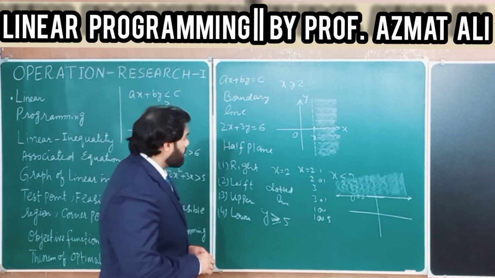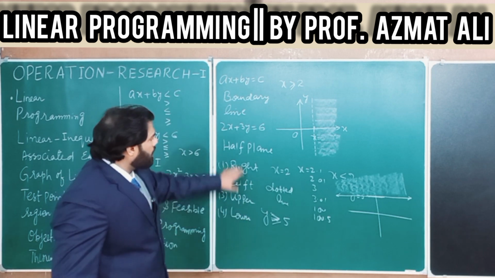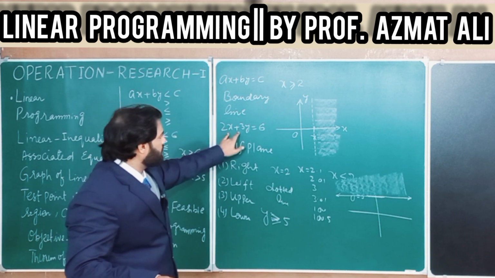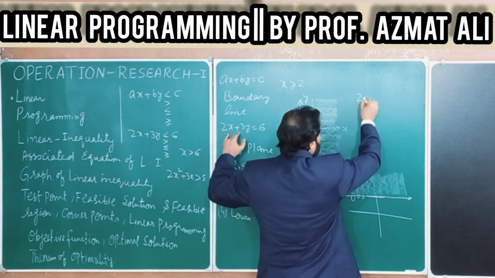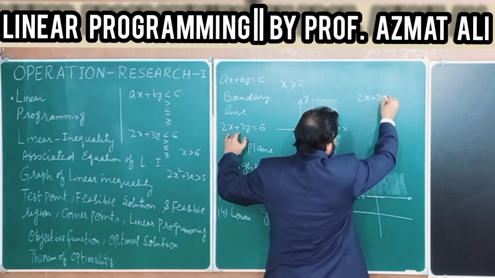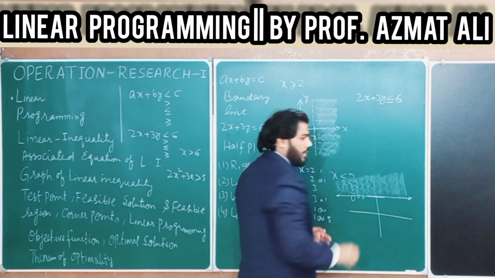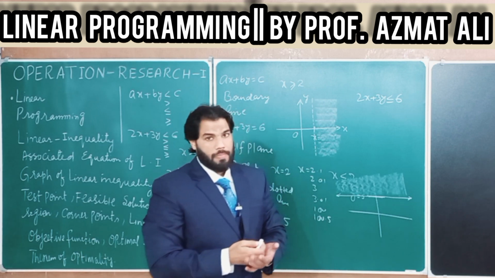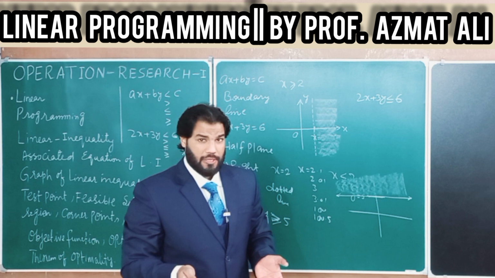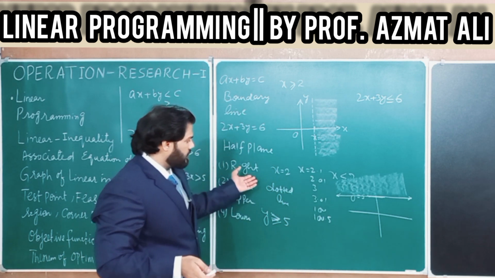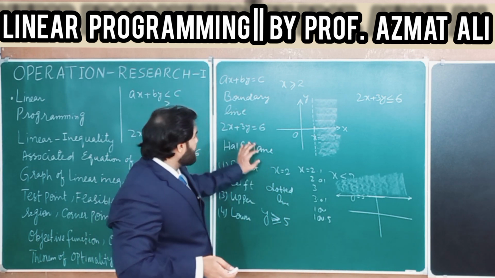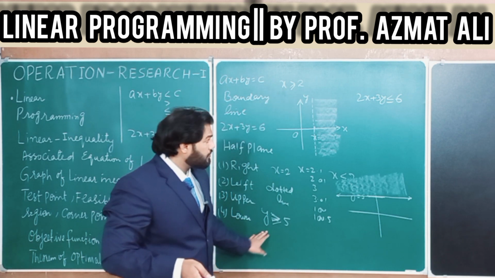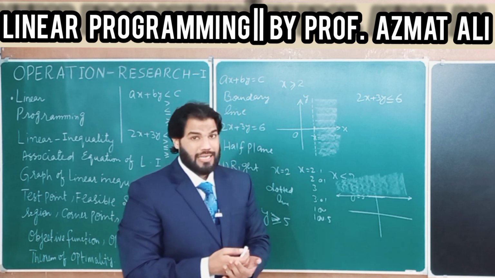Further, suppose that our linear inequality is present in both variables x and y. Suppose our inequality is 2x plus 3y less than or equal to 6, and I want to draw a graph of this inequality. Now this inequality contains both variables x and y, whereas in the first two examples the inequality contained just variable x, and this contained variable y only. Now this inequality has both variables x and y.